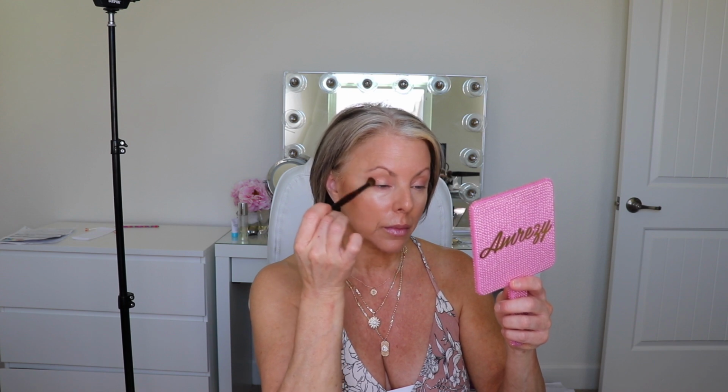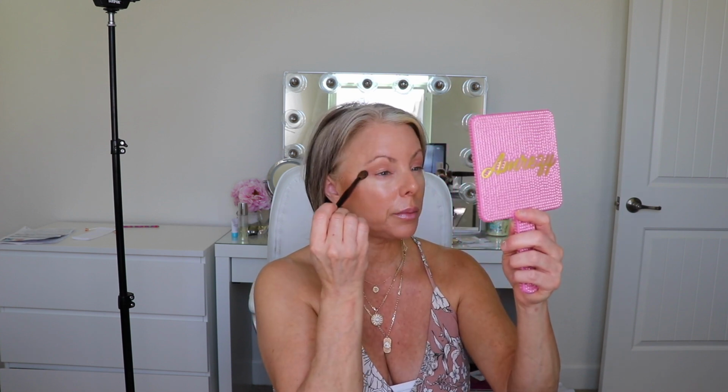And now I'm going to take a Sonia G Blender Pro, and I'm just going to blend it out a little bit, just ever so slightly. Because I don't want it to look heavy, any of it. I just want it to kind of be there, a wash of color. I feel like it's hard to see both sides, but